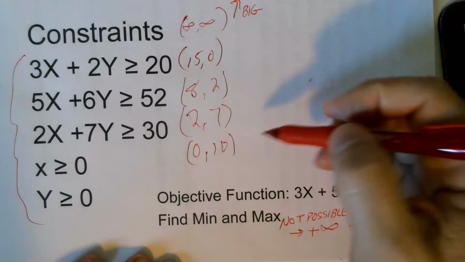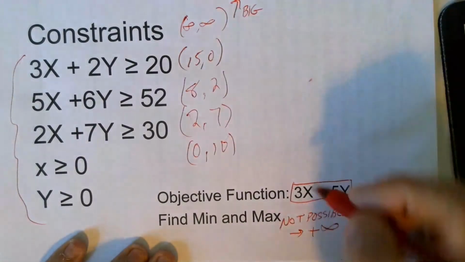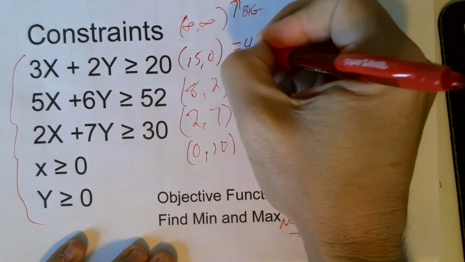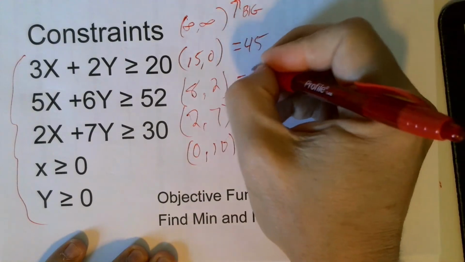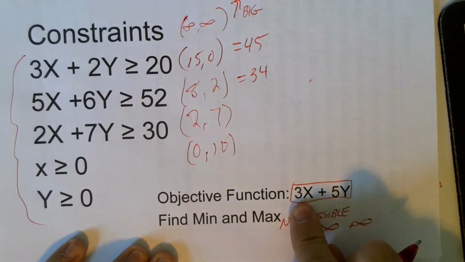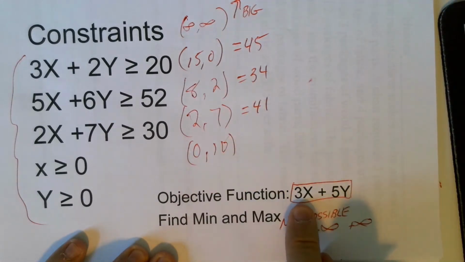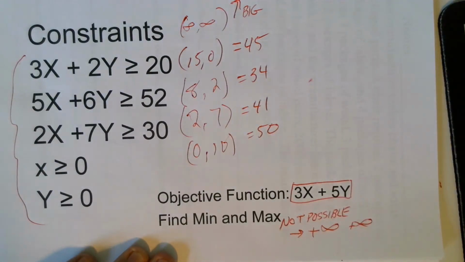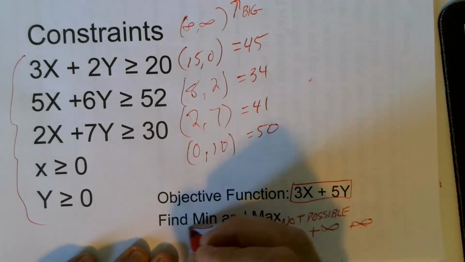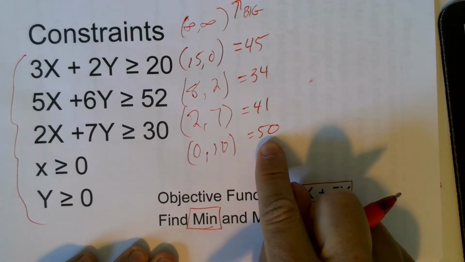So let's try it. If I plug those coordinates into this expression right here, that one gives me a total of 45. 8 times 3 is 24, plus 10 is 34. And 2 times 3 is 6, plus 35 is 41. And 0 times 3 is 0, plus 5 times 10 is 50. So it looks like if I'm trying to minimize my function,